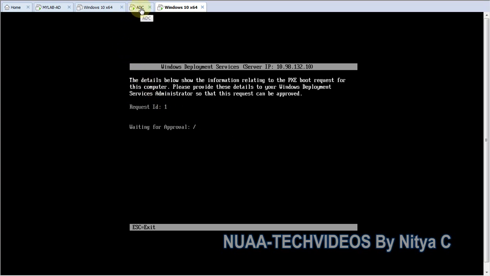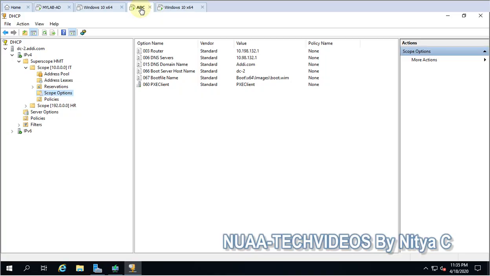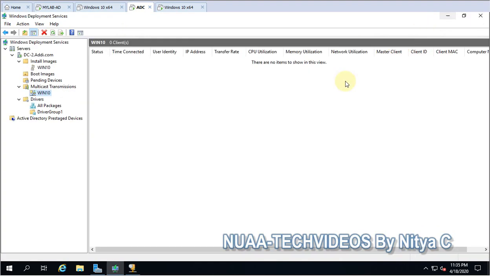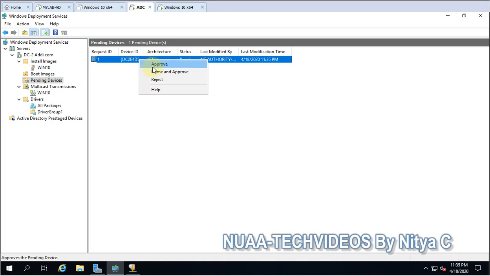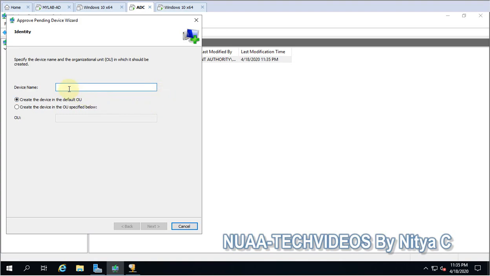Let's go back to our WDS server. Here we'll check WDS pending devices. Let me refresh. Here you can see this is pending for approval. So approve it. You can also give the machine name, so let me give the device name. This is desktop, create.